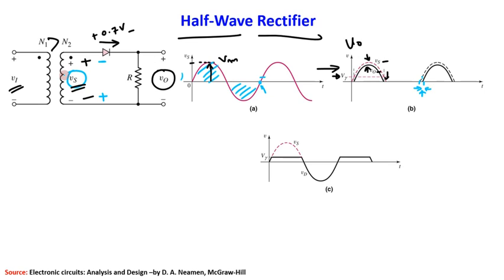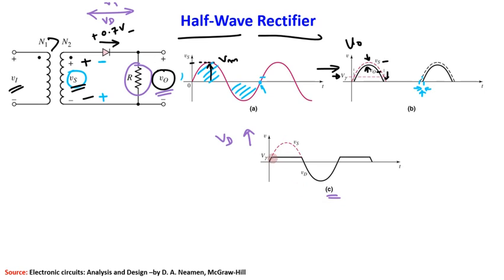Okay, if it is so, then let me ask you one more question here. Now tell me, this is the voltage dropping across this resistance, right? Now if I ask you what will be the voltage drop across this diode for this complete cycle, or if I ask you what is Vd, then can you draw the plot of Vd as well? It's not tough, right? So let us do that. So let us plot here this Vd in this plot C.